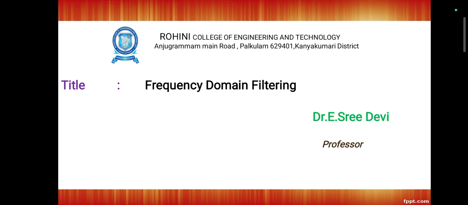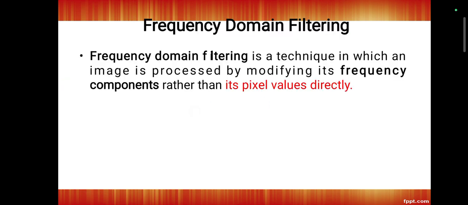In this video lecture we are going to learn about frequency domain filtering. So first we have to know what a frequency domain filtering is. It is a signal and image processing technique in which the data is analyzed and modified based on its frequency components rather than its spatial or temporal values. So here in frequency domain filtering, the image is processed and modified by its frequency components rather than its pixel